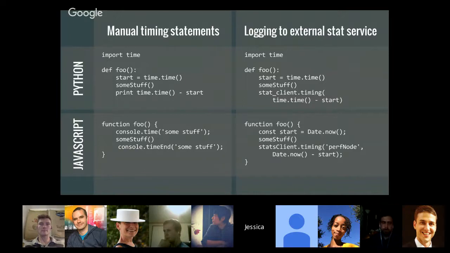In all four of these examples, there's just some arbitrary function doing some things, and I'm putting timing statements before to capture the time right before, then right when some stuff concludes, printing out the time that it took.